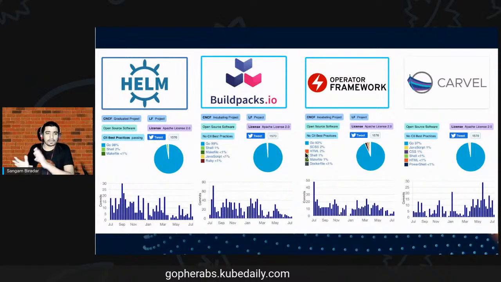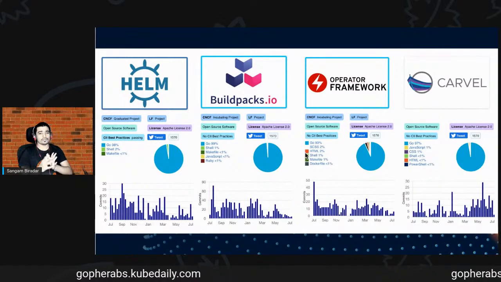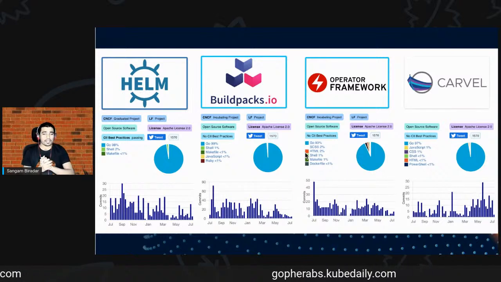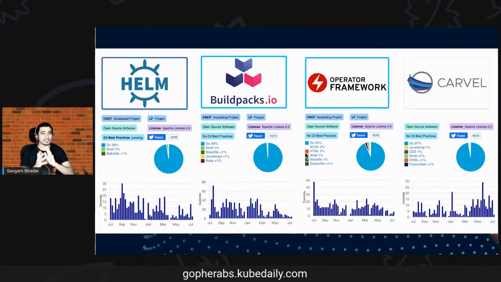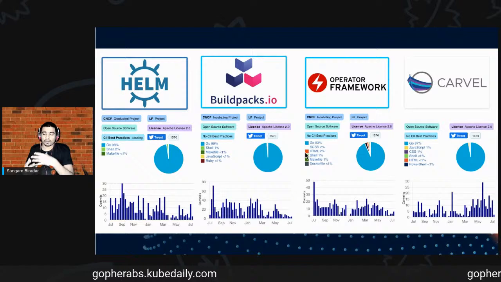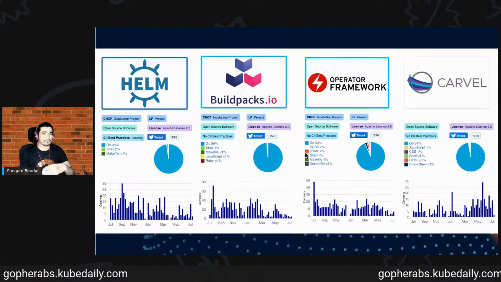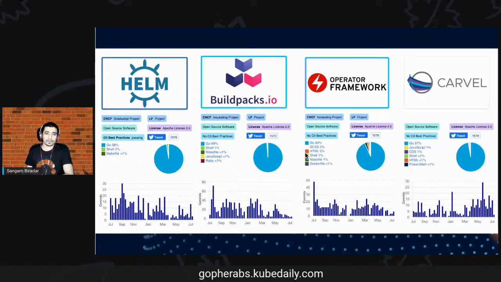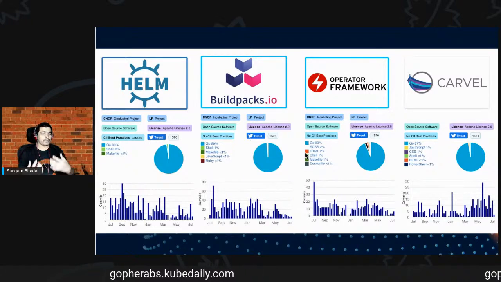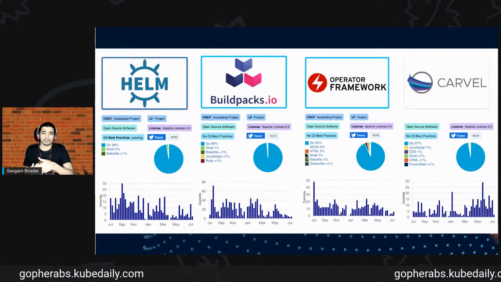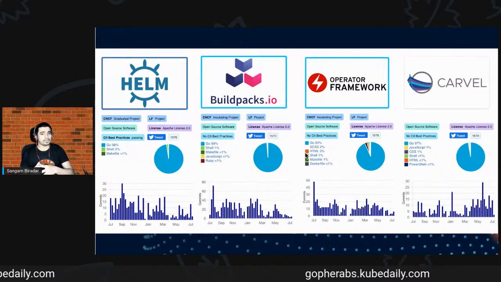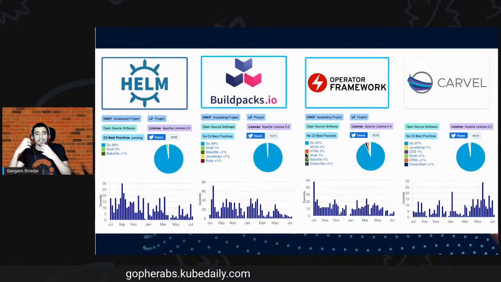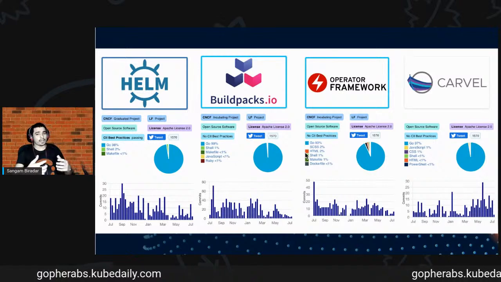One of the favorites is Helm. Helm is used by a lot of people in the industry. It's a package manager for Kubernetes. You can package your YAML files for Kubernetes and install anywhere. Another is Buildpacks, a very successful project. The best thing about Buildpacks is that you don't need to think about dependencies. It automatically detects and takes those dependencies. You can try it out.